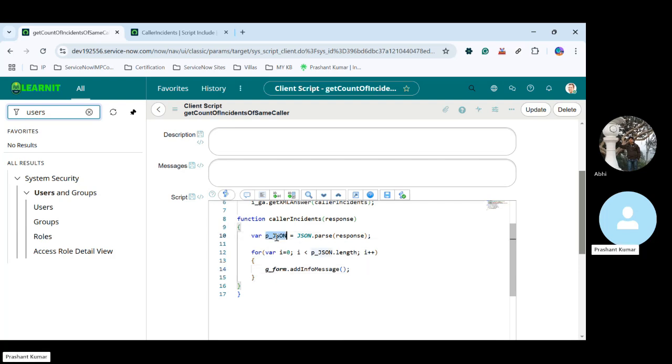This JSON, p_json. Yes, just the JSON. p_json dot i dot number. This is the basic string so that for understanding purpose you can generate your message; this is just concatenation of a string. So here I'm taking number